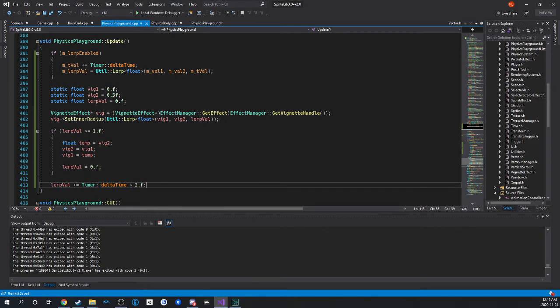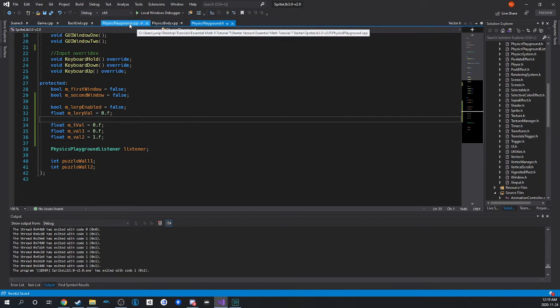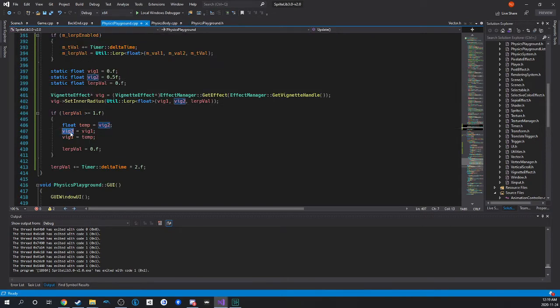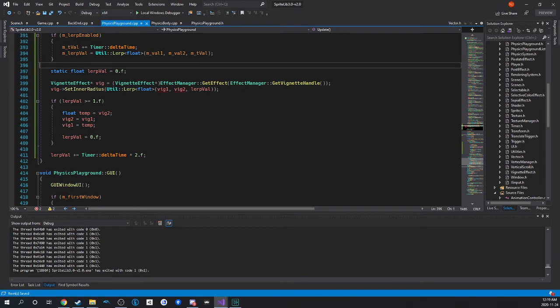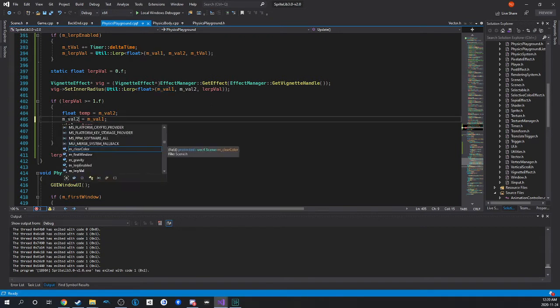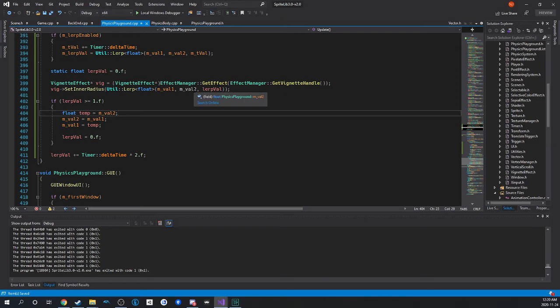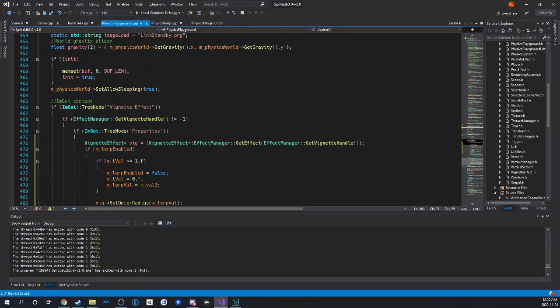So if we have this, we can make it so it uses val1, val2, and val2, val1, val2, and then val1. And then we can just go down here,